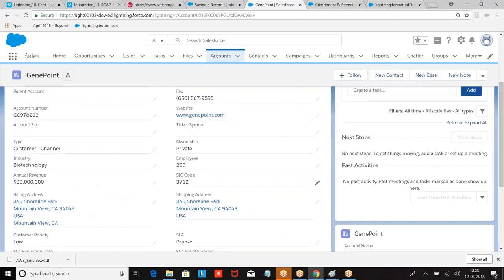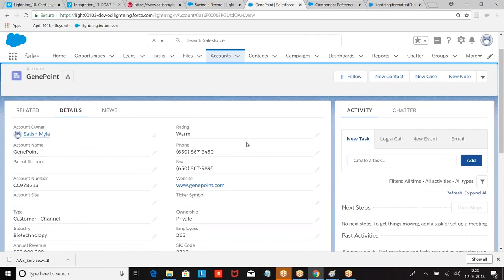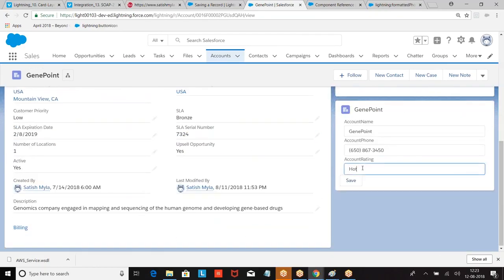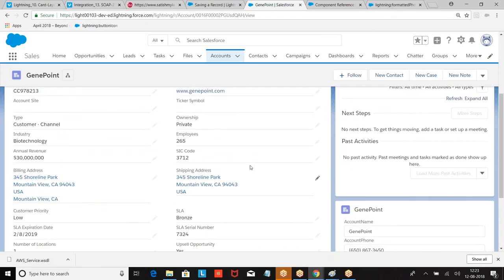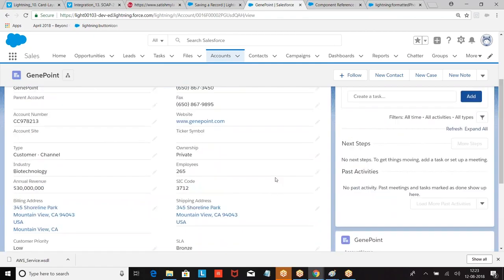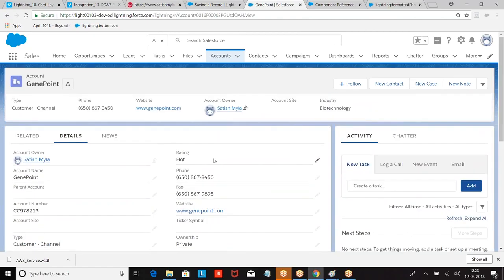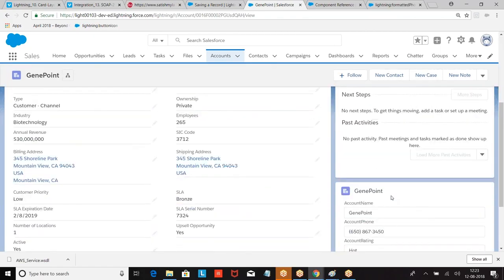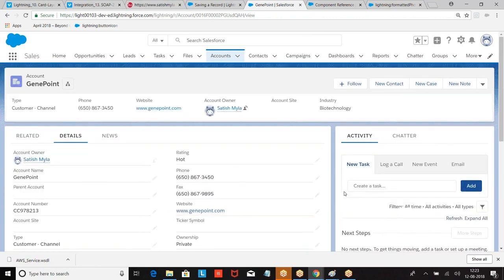Now the rating was here. Now I want to make it here. It is still hot. Now I made a save. When I make a change here, it is automatically getting reflected here, right? So the record is getting changed. I hope you're clear.